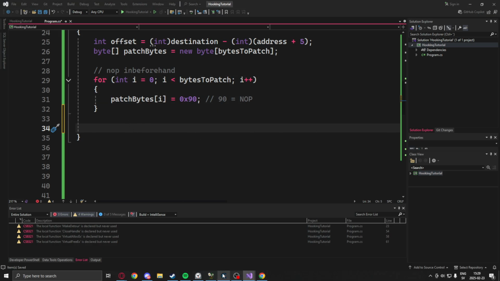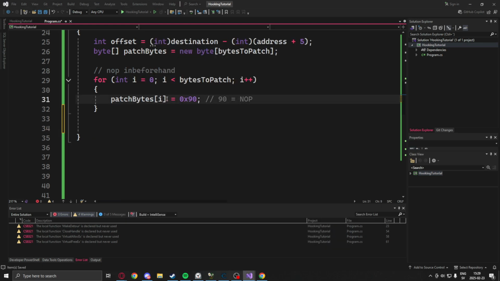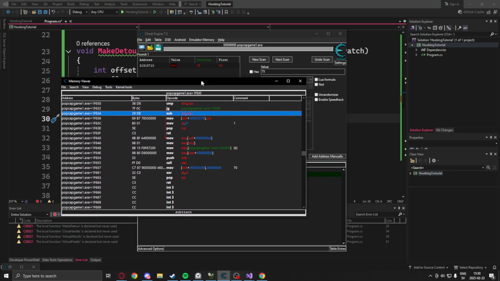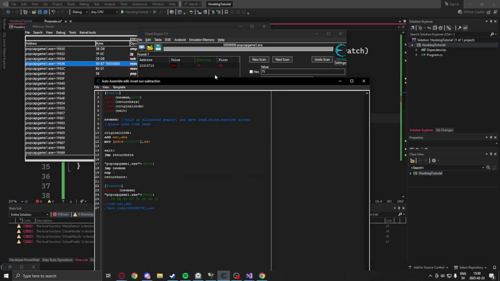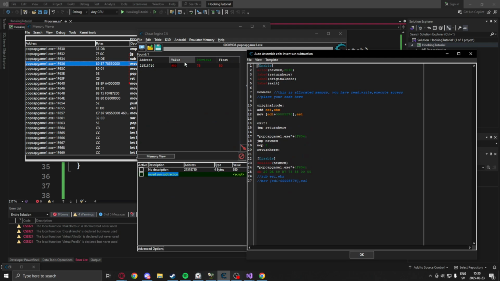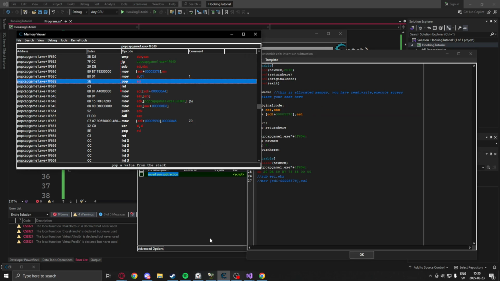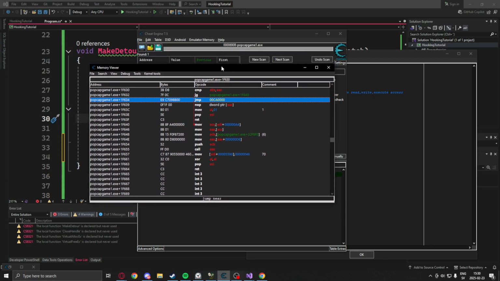So if you watch the memory viewer again, we would take the amount of bytes. In our example, we had a subtraction and then the move instruction from the assembly script, and just follow it if you don't know how much to NOP. We will NOP these instructions and then just add our jump. So if we check our jump here, you can see that it says jump and the memory,